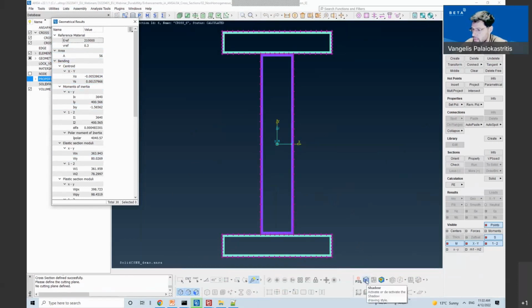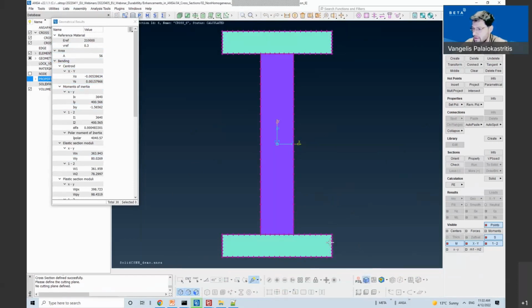A new option is available for the solid cross section. If I open here the shadow, I can also see how this solid cross section looks like.